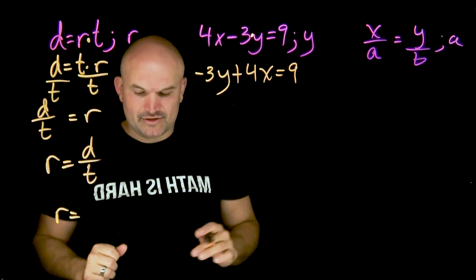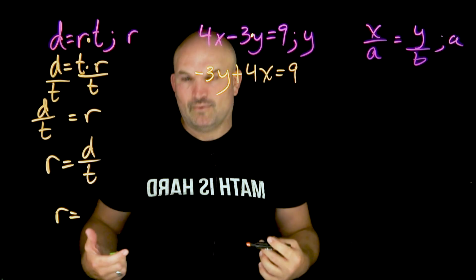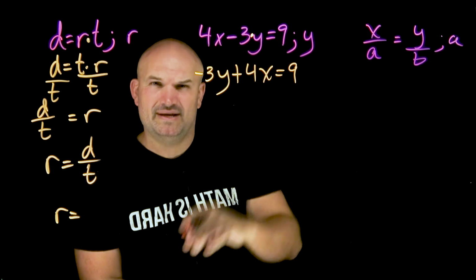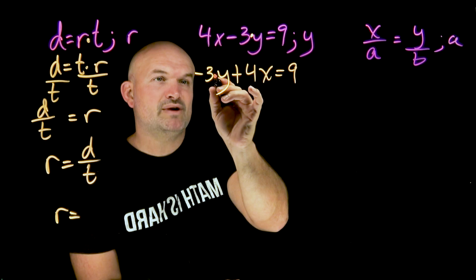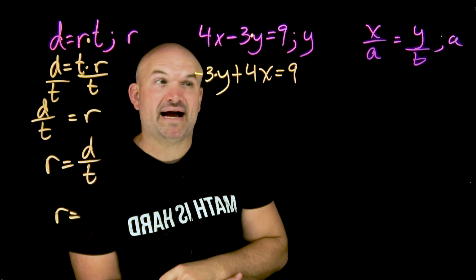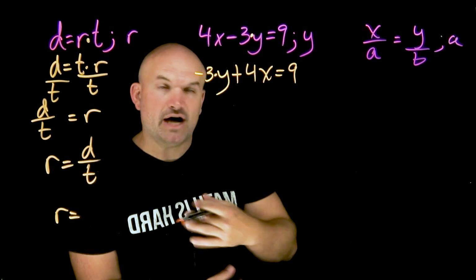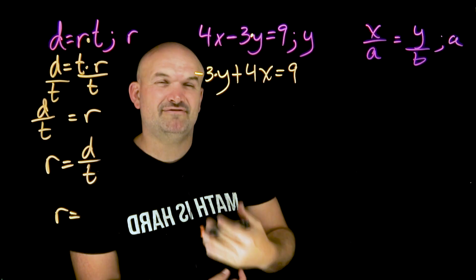Okay, now let's go and identify what is happening to my y. And sometimes I tell my students, when you want to solve for the y, sometimes you can put a little box around it and just pin it. And what we want to do is just understand what is being applied. So we are multiplying y by negative 3, and then we're adding a 4x, right? So now we need to undo what's happening. So we need to undo multiplication, we need to undo addition, but we need to follow the reverse order